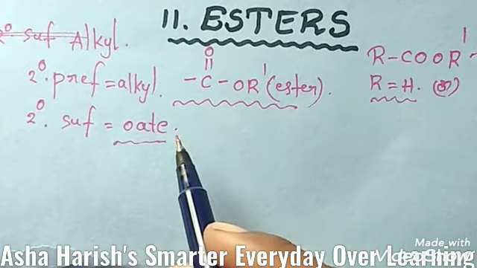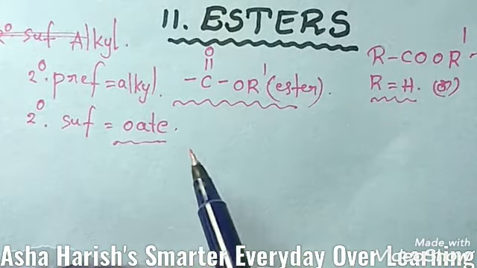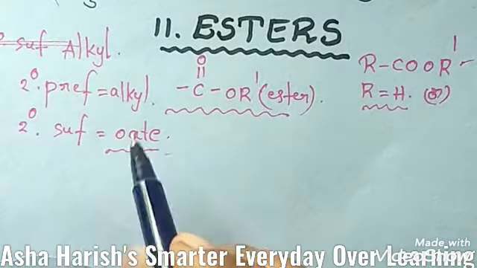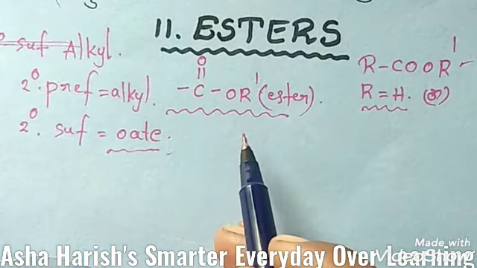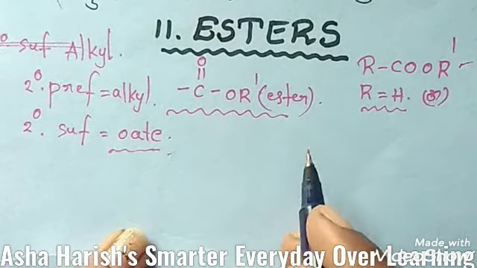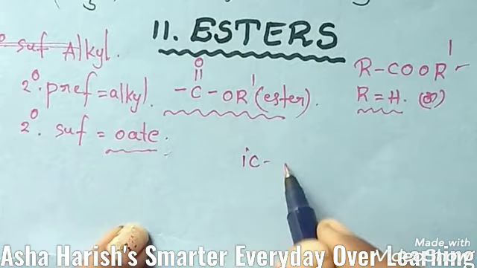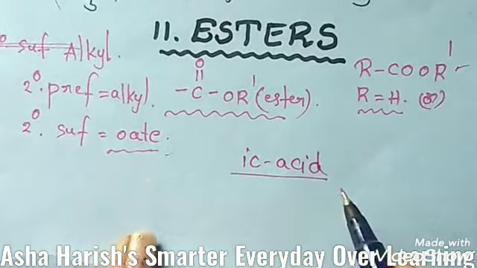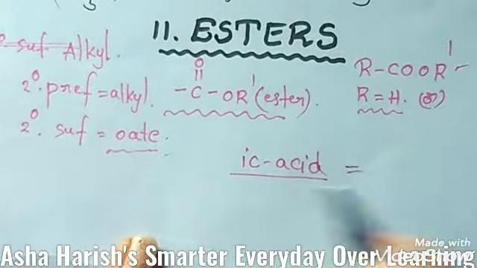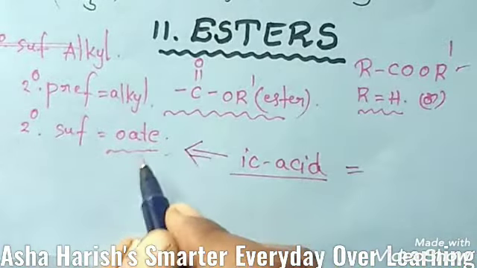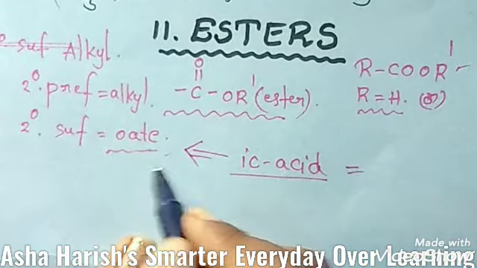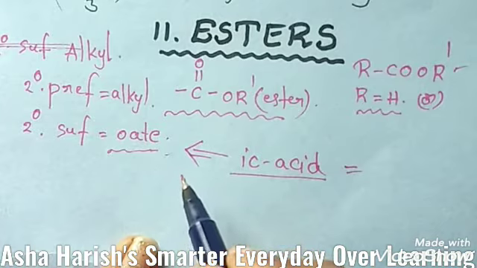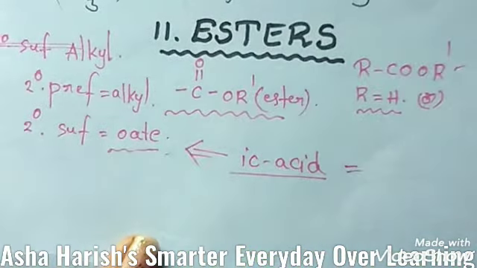Now the common names or IUPAC names for these esters. Write the name of the alkyl group before the common or IUPAC name of the parent acid, with its terminal, for example ic acid, like in acetic acid, replaced by the word I have already written, oate. You can replace the word ic acid by oate. Let's see some examples, then you should get a clear idea.